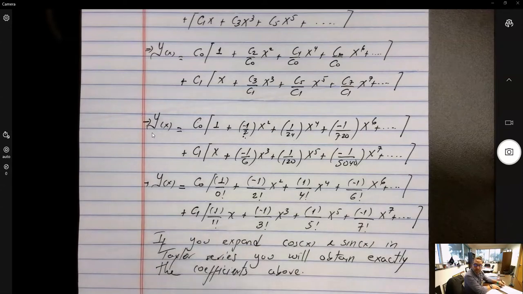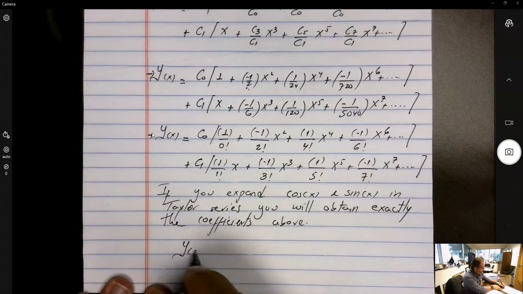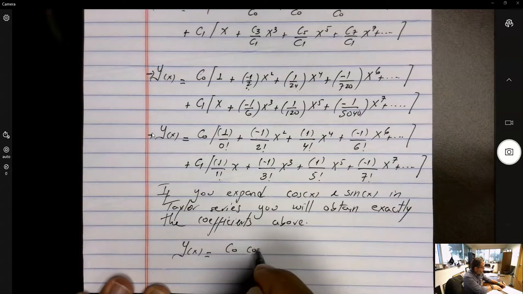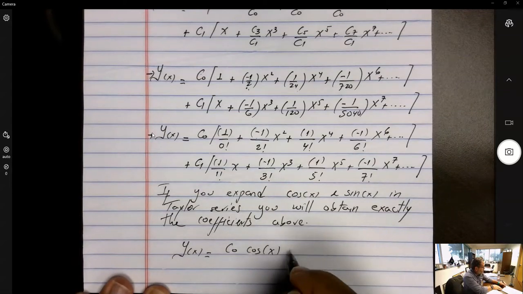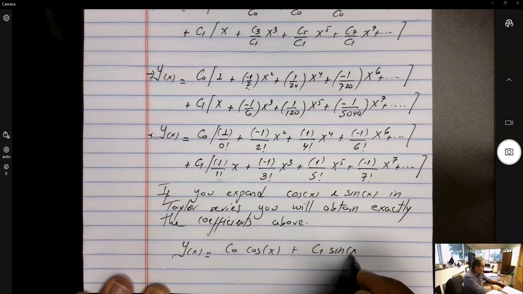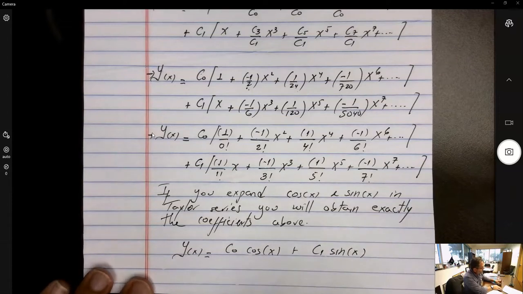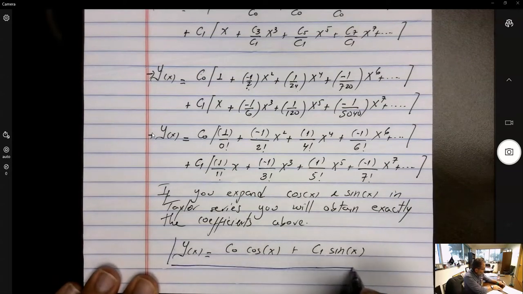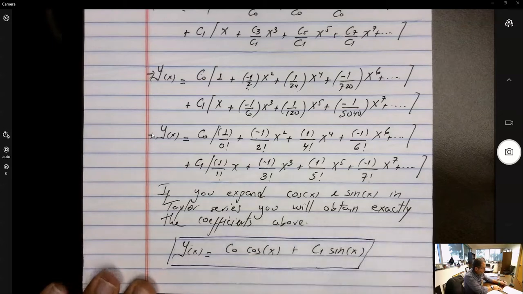So this right here is perfectly analogous to say C0 times the cosine of x plus C1 times the sine of x. So that is the answer to this differential equation, which, by the way, we knew all along,